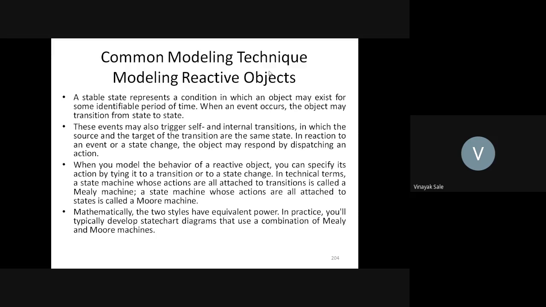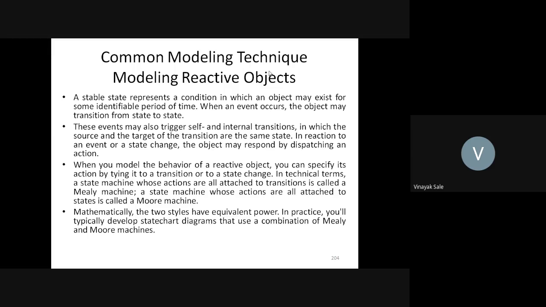When an event occurs, the object may transition from state to state. These events may also trigger self and internal transitions, in which the source and target of the transition are the same state. In reaction to an event or state change, the object may respond by dispatching an action. When you model the behavior of reactive objects, you can specify its action by tying it to a transition or state change. In technical terms, a state machine whose actions are